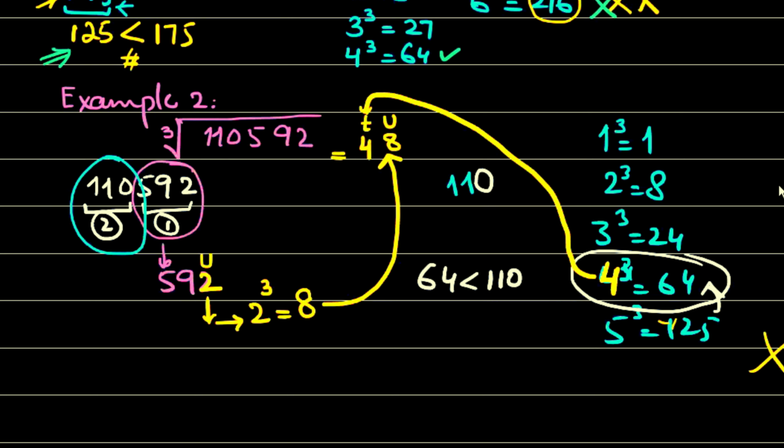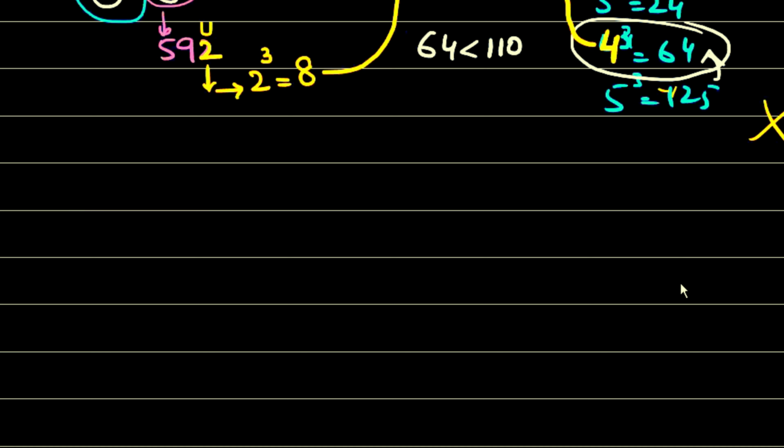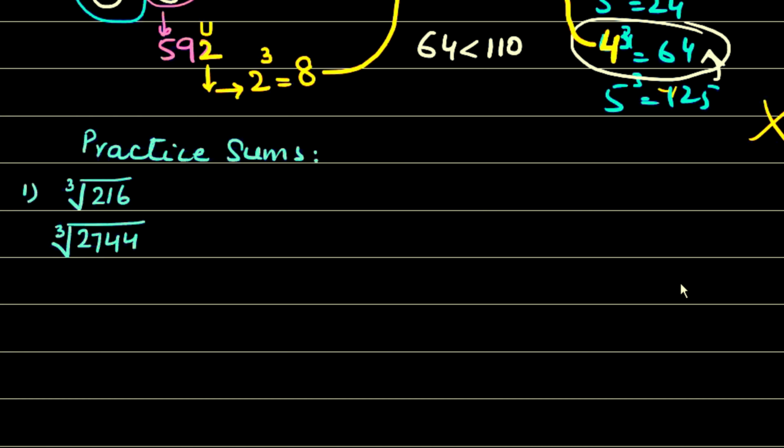Okay. I'm giving you a few questions for further practice, and I hope you will be comfortable with this method. I'm giving you practice sums, right? You have to practice them with both methods. Understand? Let me write them. 1 minute. Okay. Find the cube root of 216, the cube root of 2744, and you need to apply both methods. All right. Number 1, number 2, and the last one is 9261. I know it's a little harder, but you can do it.